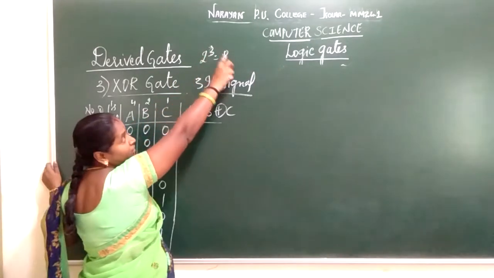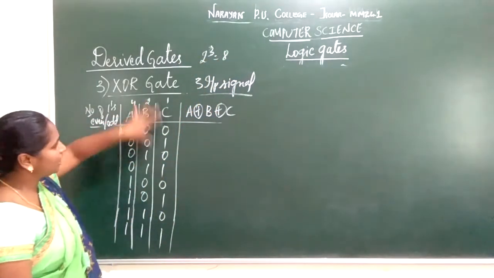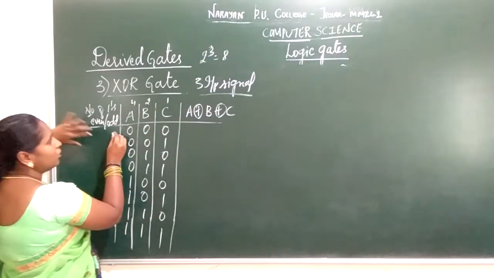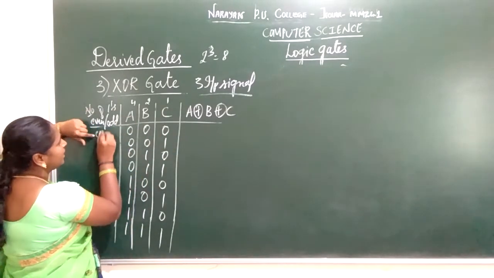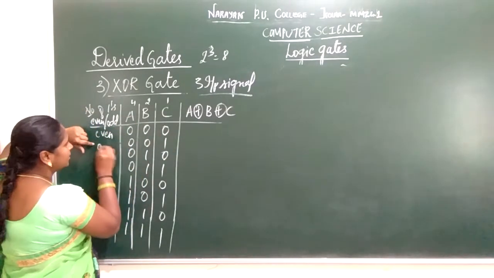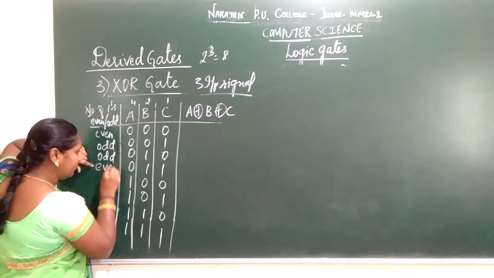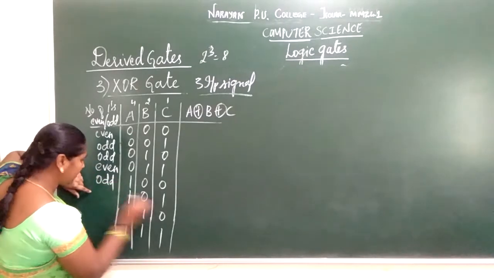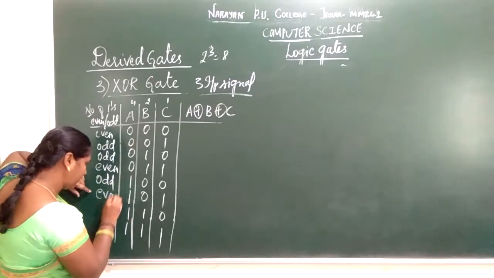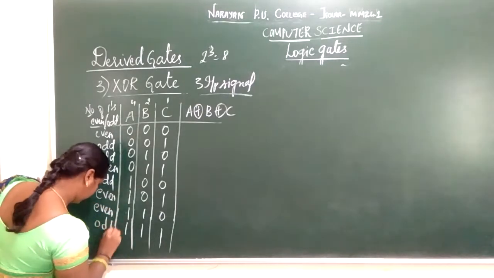That is, here 3 inputs, which is nothing but 8 possible ways of inputting. I have already explained n number of times how to input this. Here you are going to mention the number of ones, that is even or odd. So here it is even, here it is odd, even, here it is odd, and here it is even.